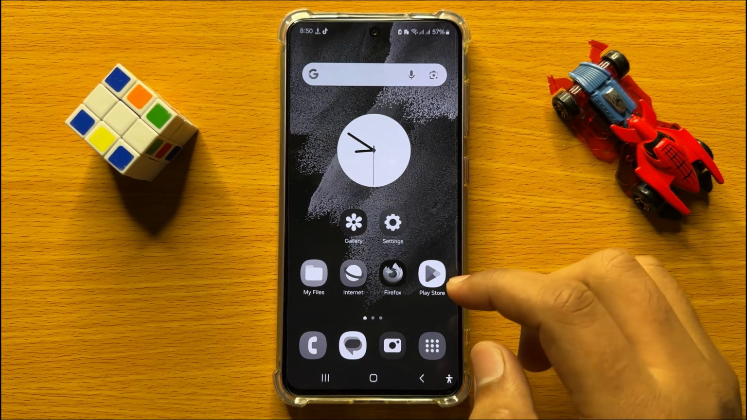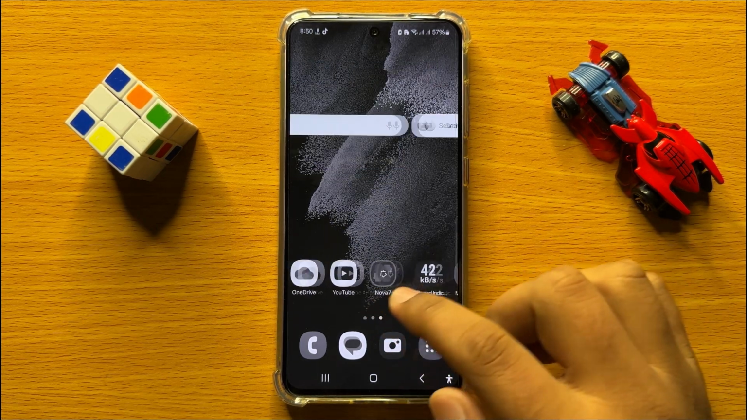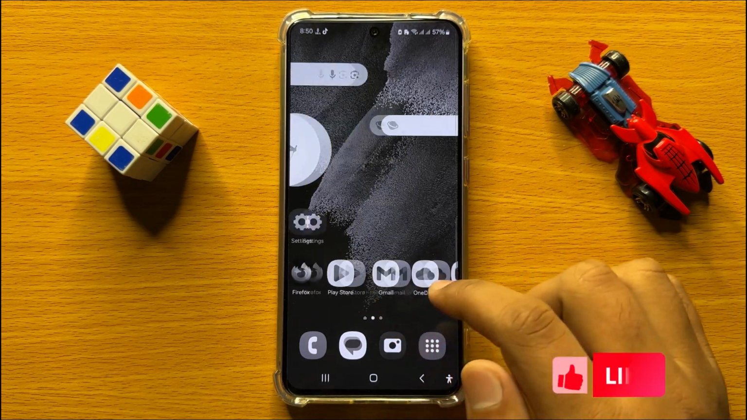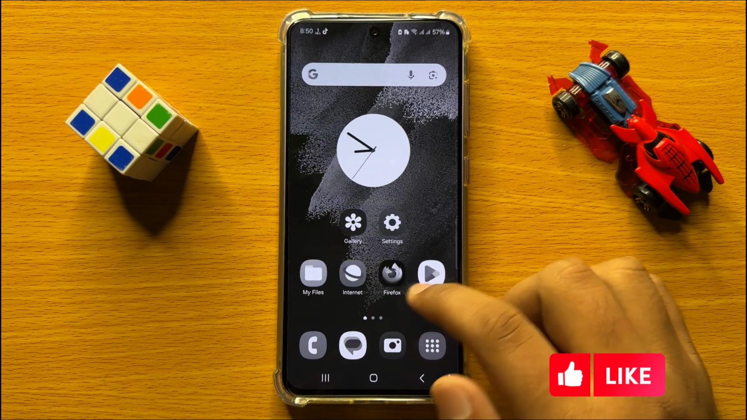Hello everyone, in this video I will show you how to fix grayscale or black and white screen on Samsung